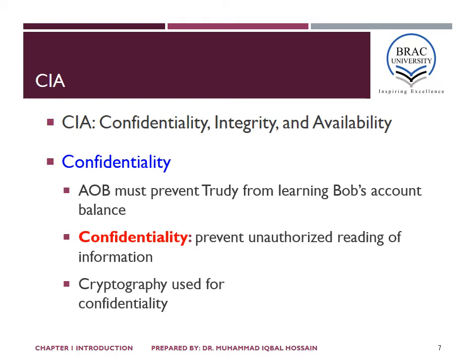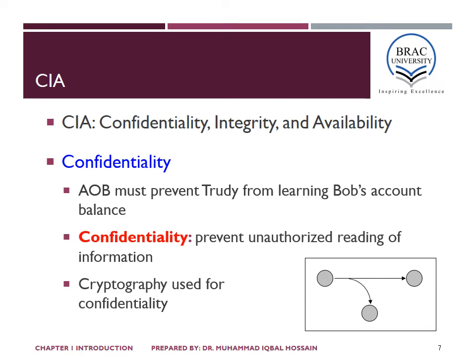The AOB bank must prevent Trudy from learning Bob's account balance. That means any hacker or outsider cannot take information from the system. That is called confidentiality, and it means we have to prevent unauthorized reading of the information,